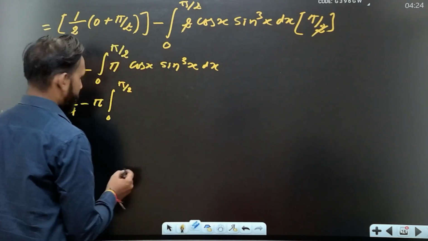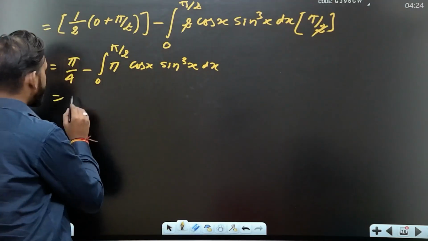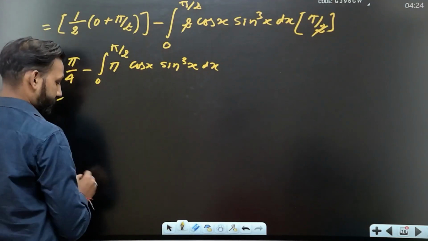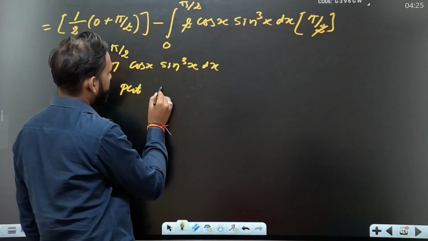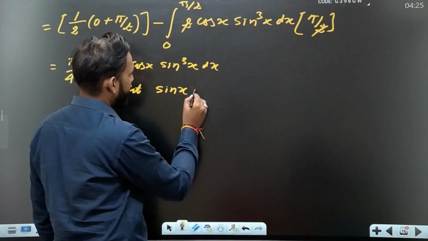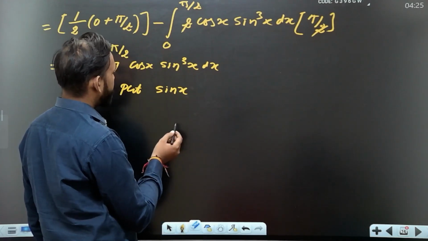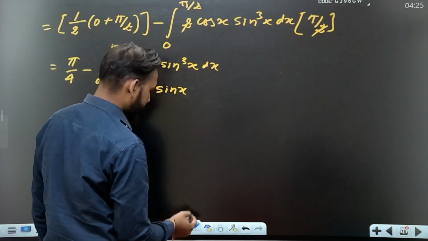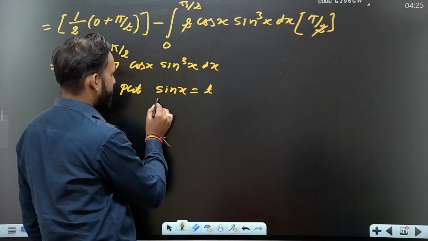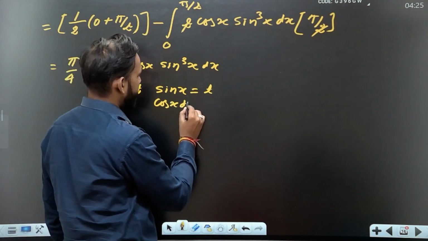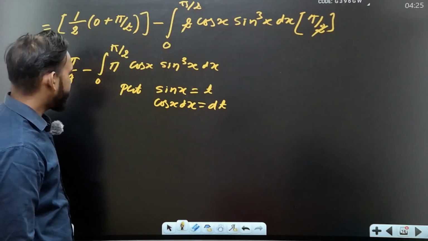Now there we can do some substitution, and the substitution is, put sin x, okay, sin x. We put sin x is equal to t. Then we get, if we differentiate this, we get cos x dx equal to dt. Yes or no? Yes, sir. Okay, now